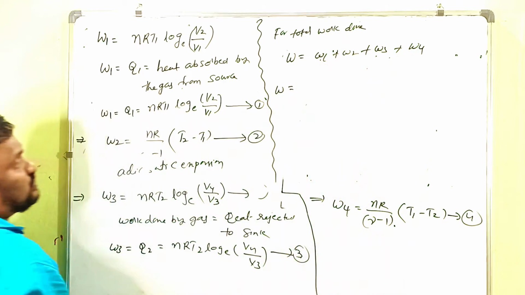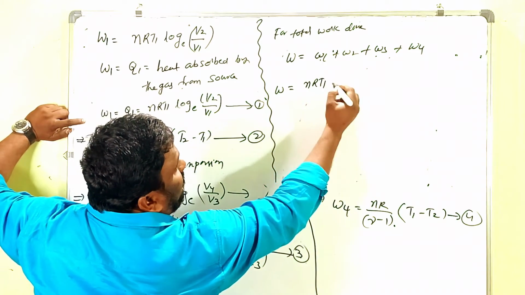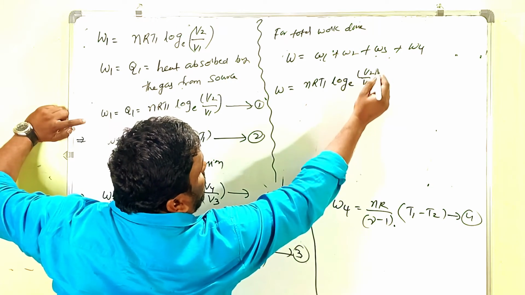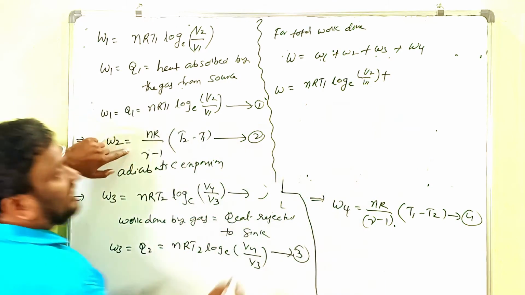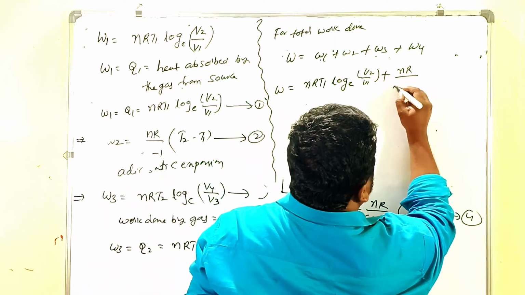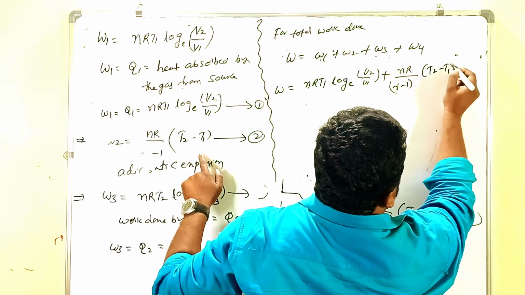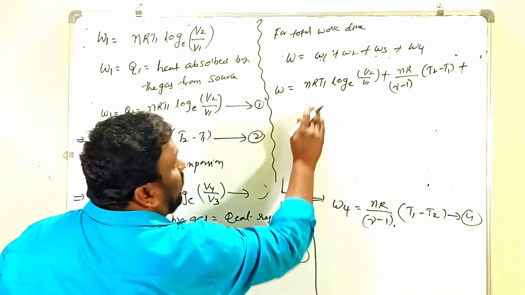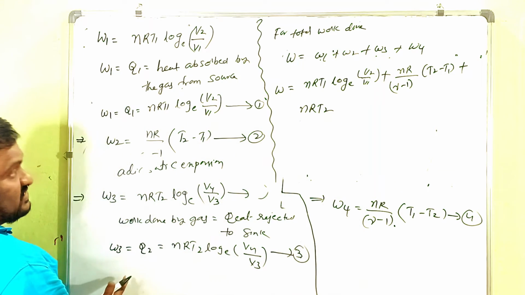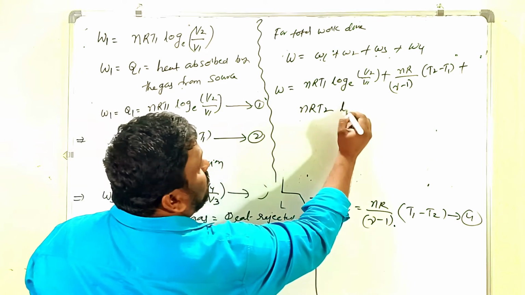What is W1? nRT1 log of V2 by V1, plus nR by gamma minus 1 of T2 minus T1, plus nRT2 log of